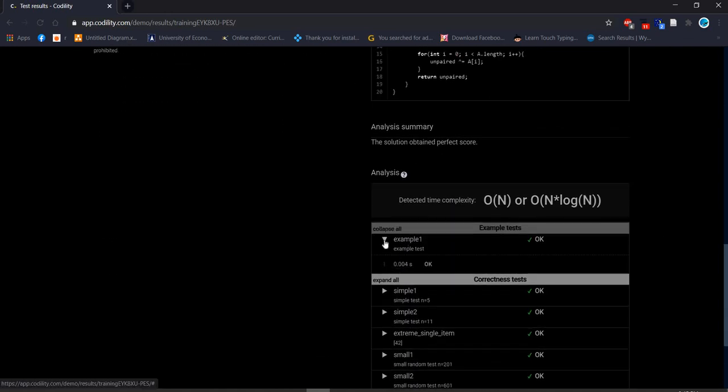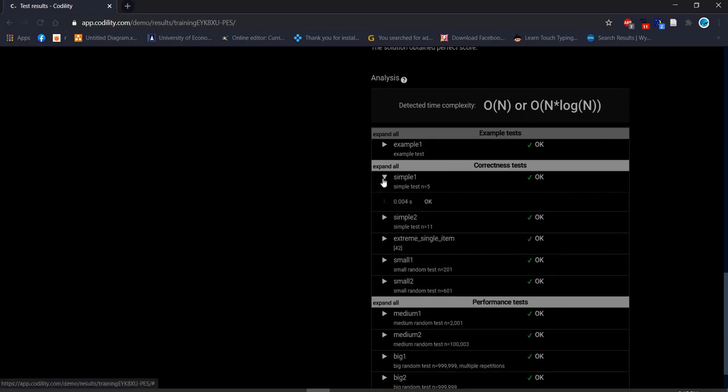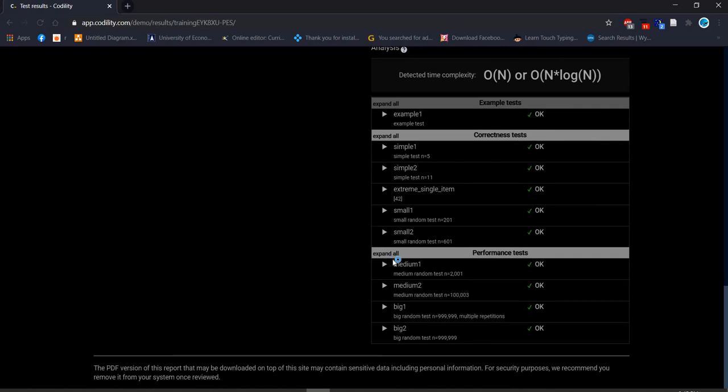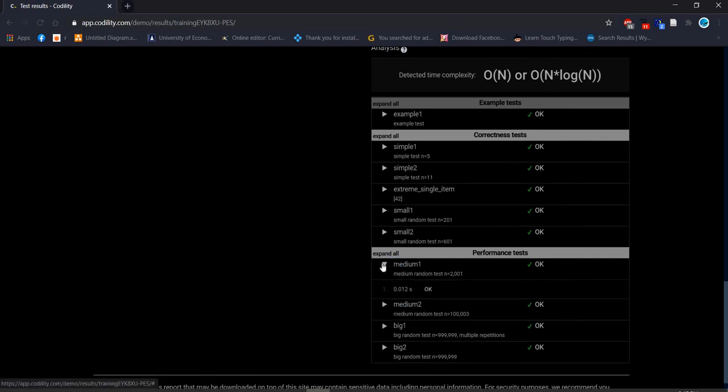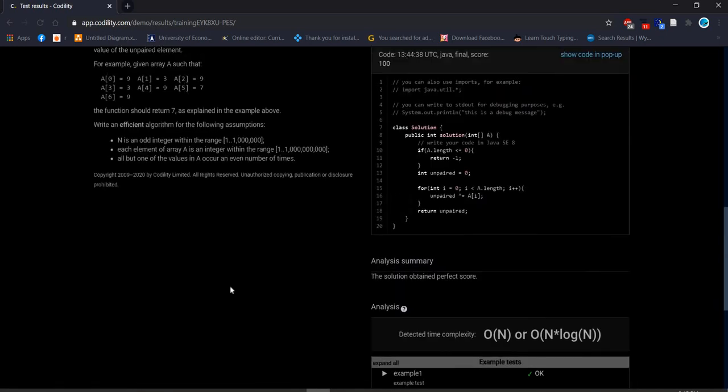Sample test 1 perfect, sample test 2 perfect, sample test 3 perfect, extreme single element perfect, small perfect, and after that the performance tests. With big inputs, it can be like this.